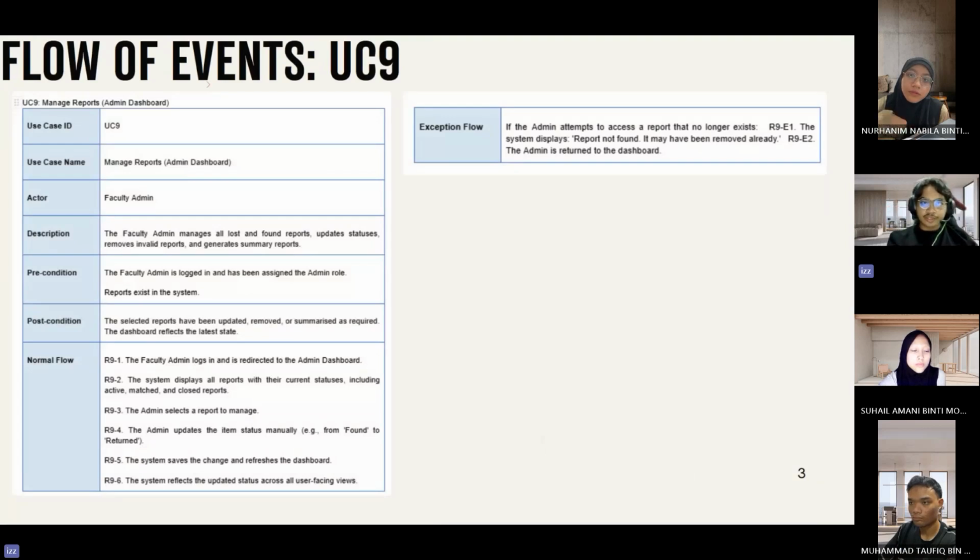Next, for the flow of event for UC9, manage report for the admin dashboard. For the use case ID, we use UC9, and the use case name is manage report admin dashboard. The actor using this system is the faculty admin. So in this flow, the faculty admin manages all lost and found reports, updates status, removes invalid reports, and generates all the summary reports. For the precondition, the faculty admin is logged in and has been assigned the admin role, and